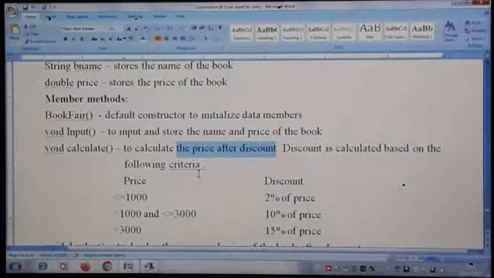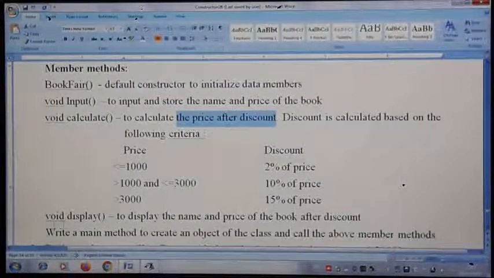And what is the discount? The criteria is given here: less than 1000, then 2% of the price; 1000 to 3000, 10%; above 3000 you get 15% of the price as a discount. Then void display, the fourth method, displays the name and price of the book after the discount.